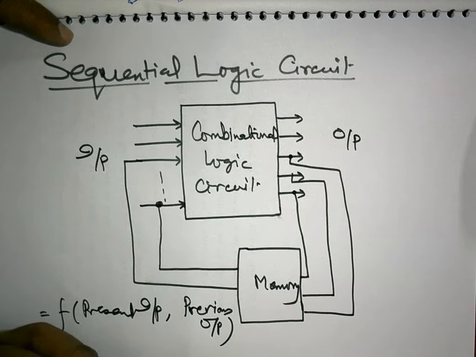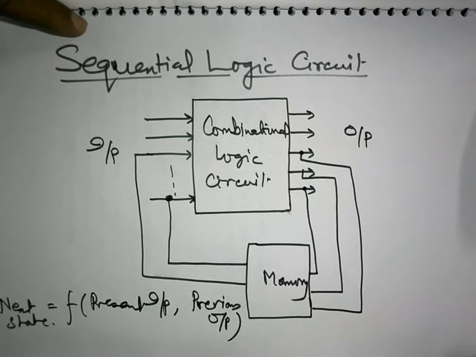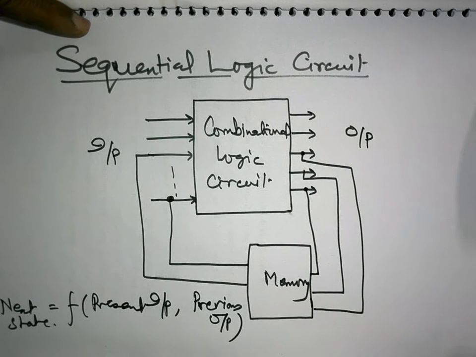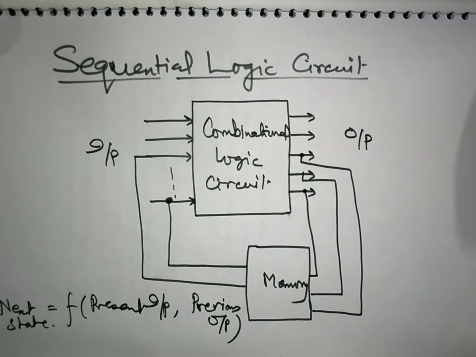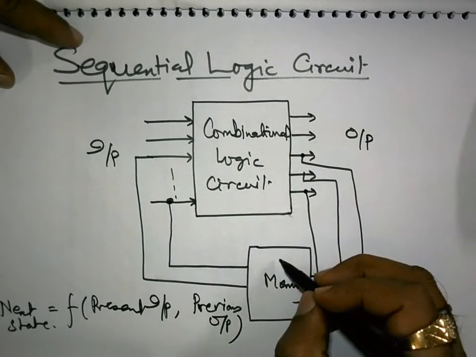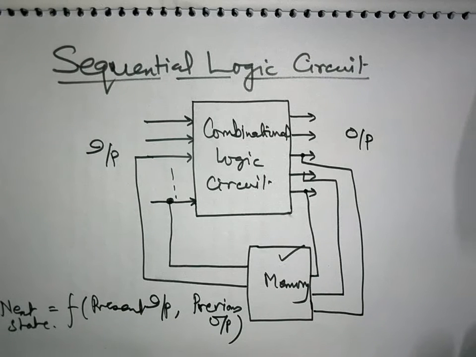So we say the output of this sequential circuit is not designated as a general output, but it is known as next state. Okay. So next state is a function of the presently applied input as well as the present state. In fact, you are looking that memory is an integrated part of a sequential circuit.